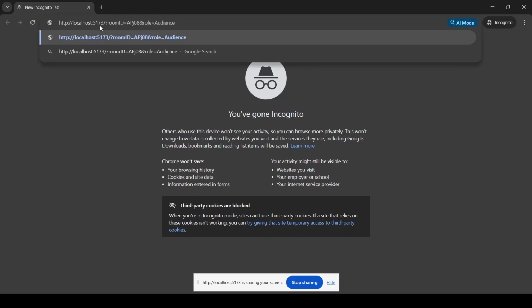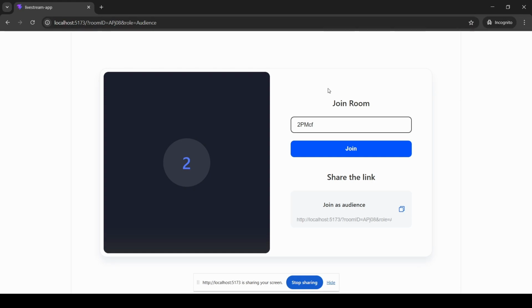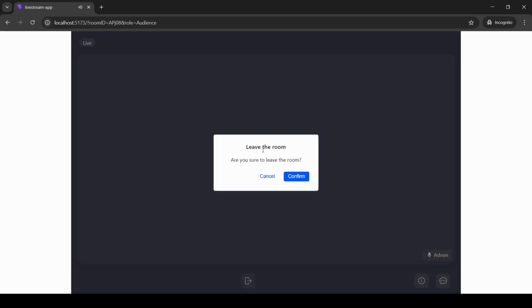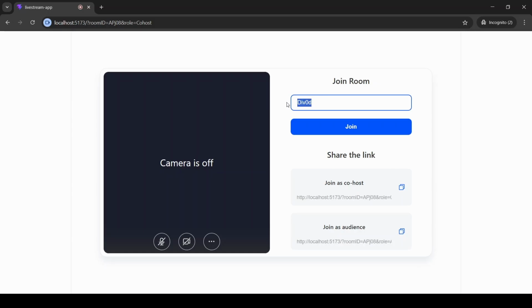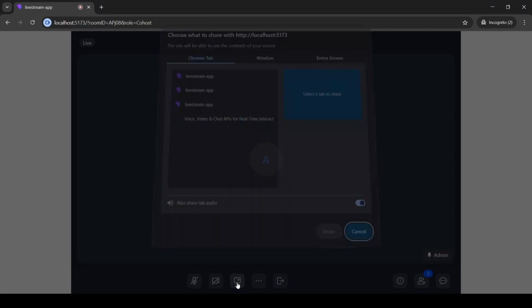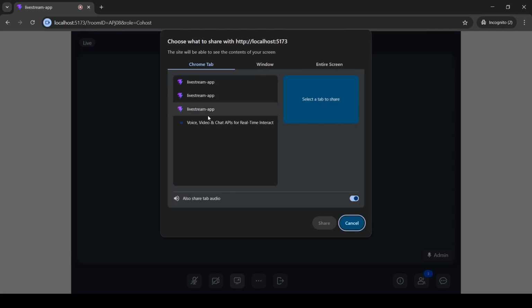Now let's test the other roles. I will open a new tab and paste in the audience link. As the audience, we can view the stream perfectly. Notice that from the audience view, we only have an exit option because the audience has a restricted role. Finally, let's join using the co-host link. As you can see, the co-host has elevated permissions just like the host. We can share our screen, manage the room,